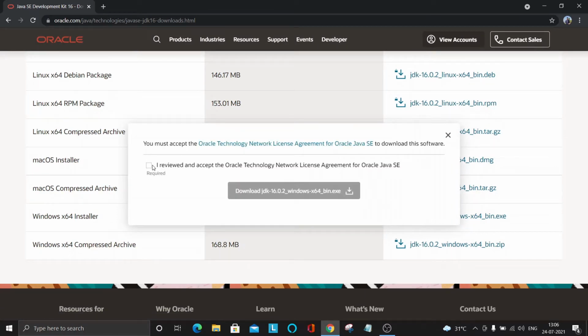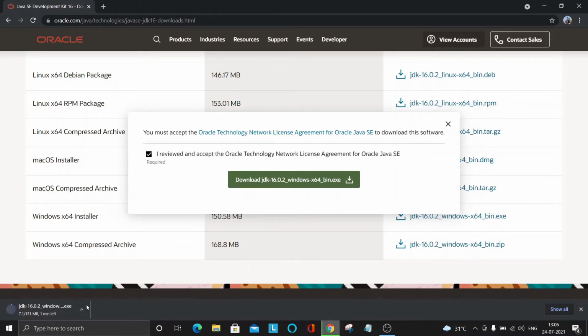Accept the terms and conditions and hit the download button. Downloading has started.